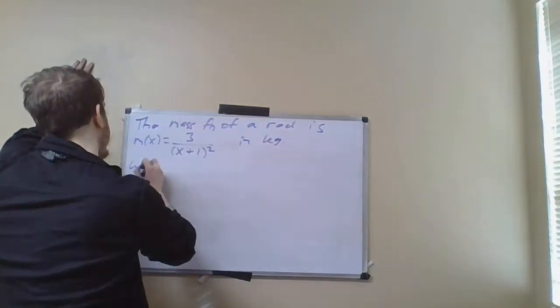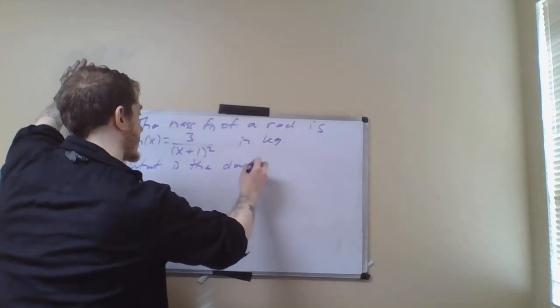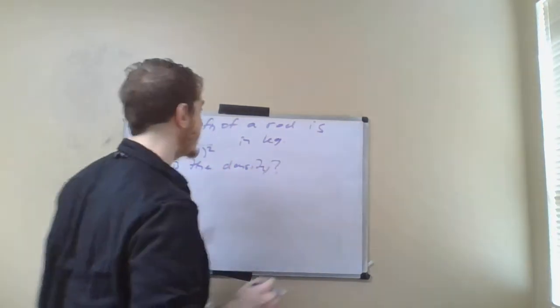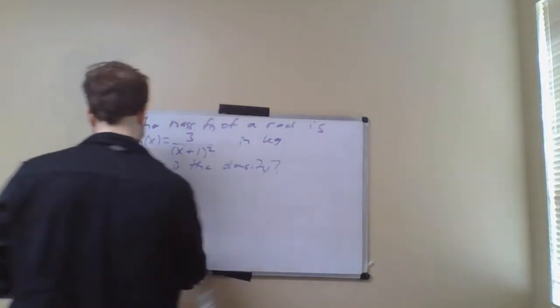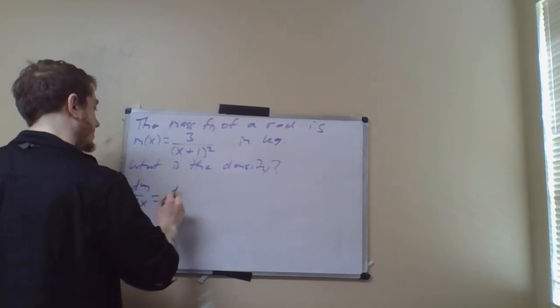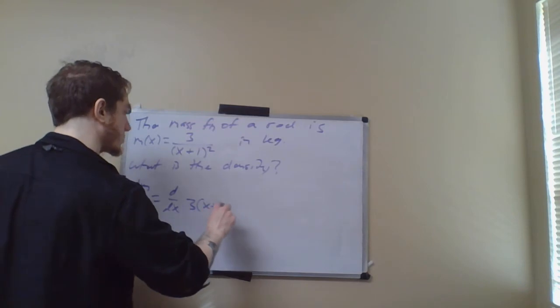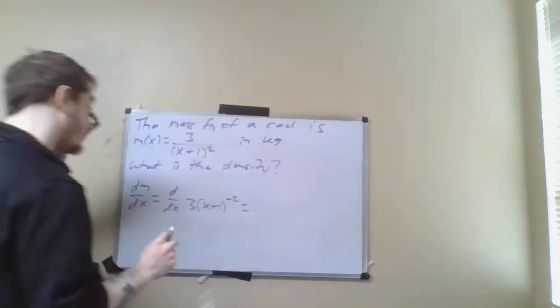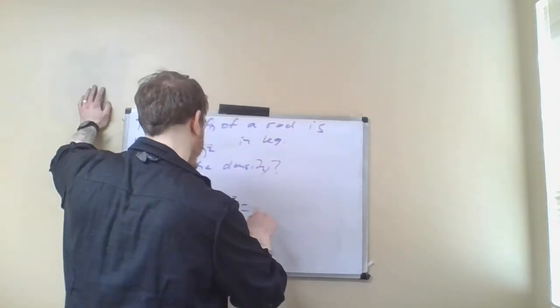And we want to know what the density is. Well, the answer is I just have to take the derivative of this mass function. So if I want to take the derivative with respect to x, this is the derivative of, now I'm going to write this as 3 times x plus 1 to the minus 2. And this is going to become, using the generalized power rule,